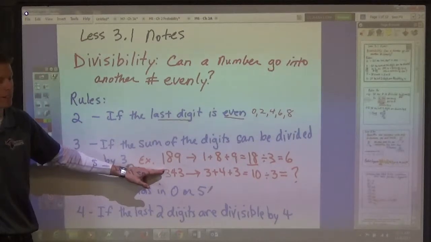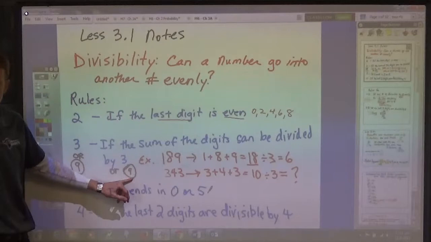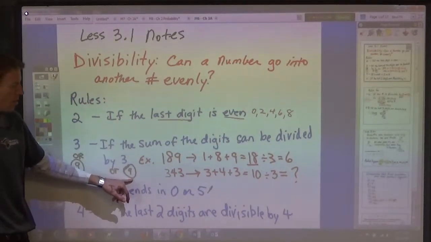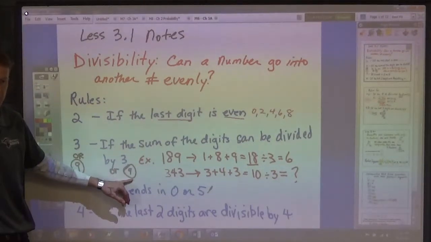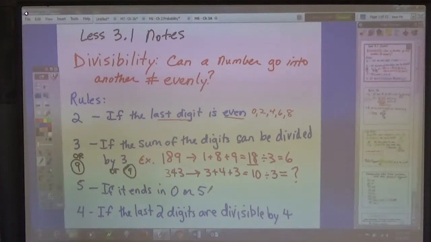Raise your hand, Rita. And the rule applies to the number 9 also. In other words, if the sum of the digits is divisible by 9, then the number is divisible by 9. So is 189 divisible by 9? Jack? No. Wait, yeah. Why? Because 6 is